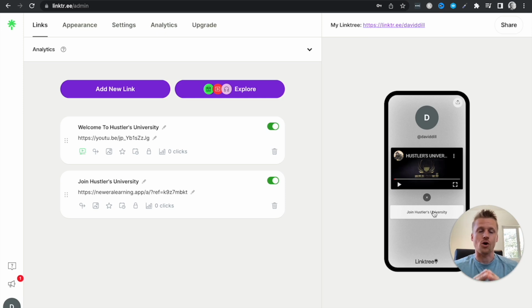Now your Linktree is all ready to go. You pretty much don't have to do any more than that, and you're going to start getting sales using the affiliate marketing system built inside of Hustlers University. So go ahead and just copy this Linktree account and have that ready to go for when we build out